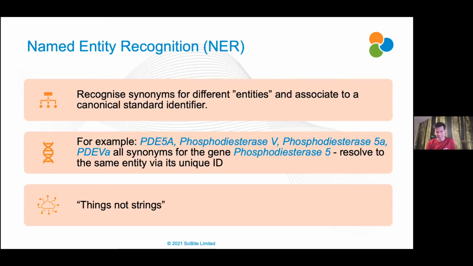There's plenty of examples of where this can be more difficult than others, where the synonyms can be very varied. And actually context can be quite important as to whether or not the word means the thing you think it does when you're trying to programmatically run these things through. So taking the words, finding all the synonyms for it, parsing the text, trying to understand the context to tag the thing you're interested in, and then hopefully link that back to some form of unique ID. So linking that back to the bigger thing, hopefully in an ontology, so it becomes something more like a thing. And then you can potentially utilize the wider graph. That is the ontology. So it's your basic NER.